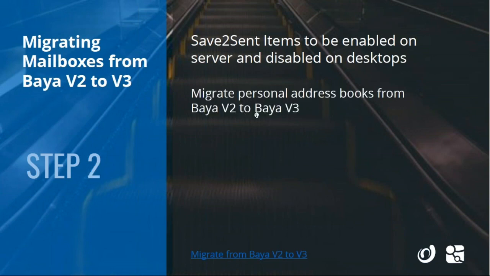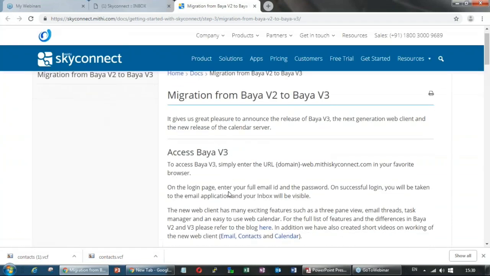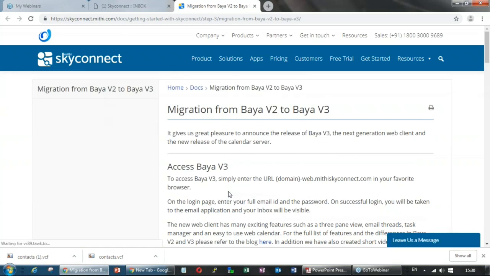Step 2 is migrating the personal address book from Baya V2 to Baya V3. Personal address book is my own address book, for every user. It is very easy to migrate it from V2 to V3. So simply the end user himself can do it from here. The link is given. What is to be done is basically in Baya V2, you can export the